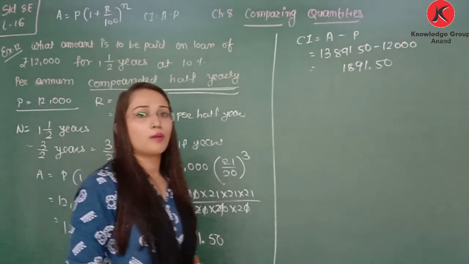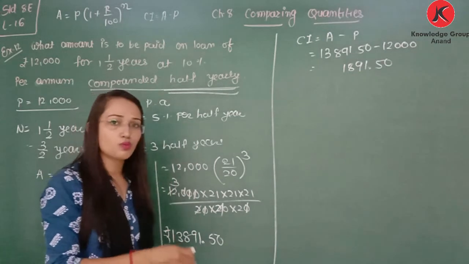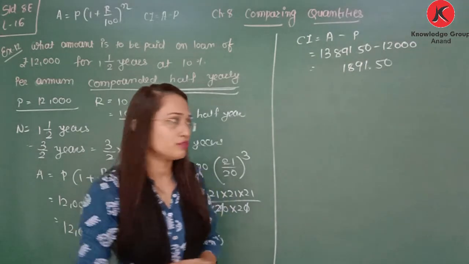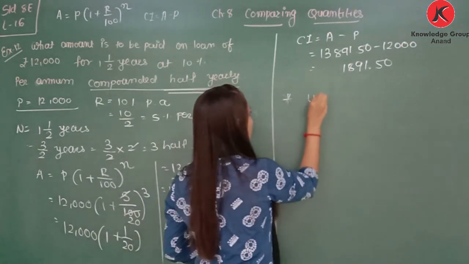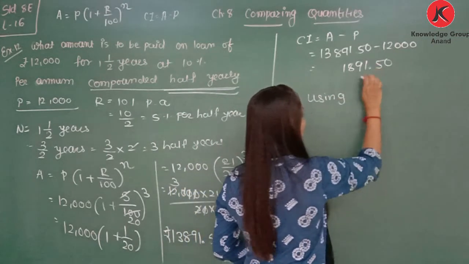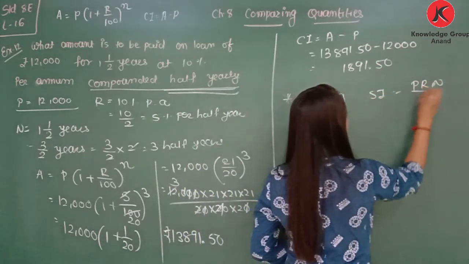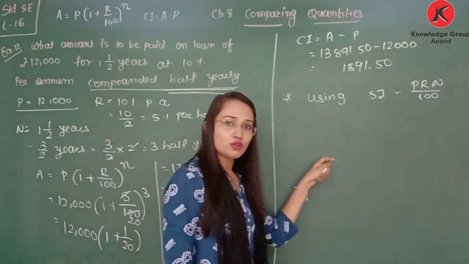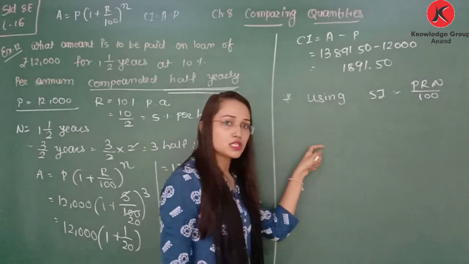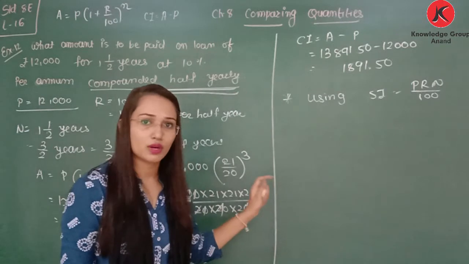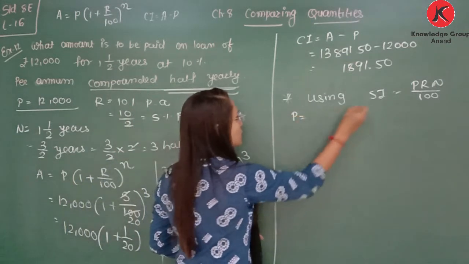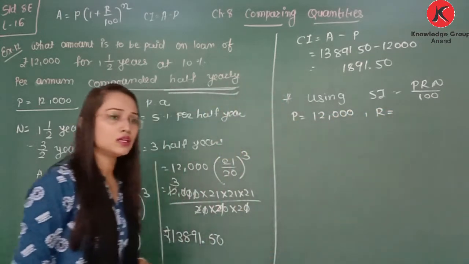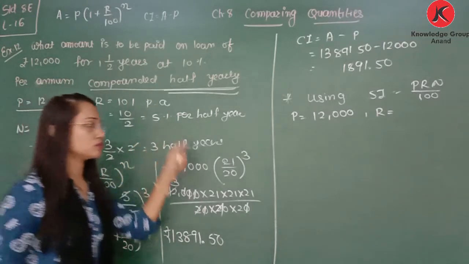As at the start of compound interest, we learned that compound interest means the principal value is changed after 1 year. So we can use the equation for simple interest. Let's use that method. In compound interest, the principal value is changed after 1 year, meaning the amount of the previous year becomes the principal of the next year. That is compound interest. So let's use this equation. P is equal to 12,000. Now what is our R? That is 5%.